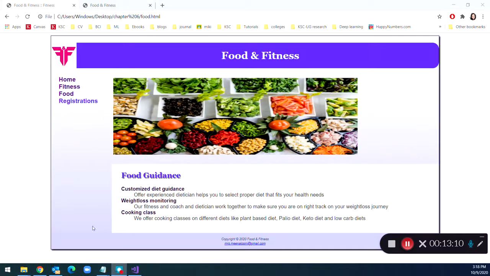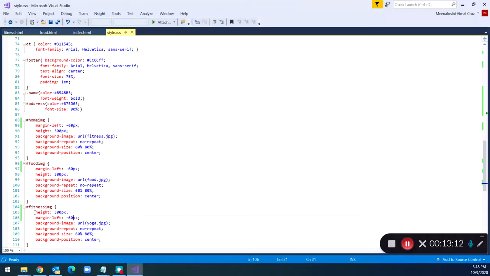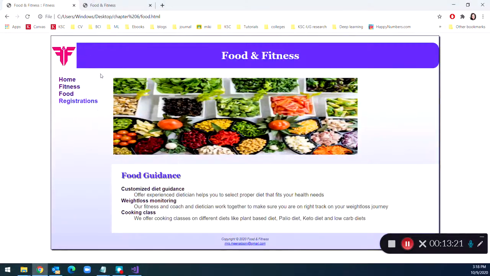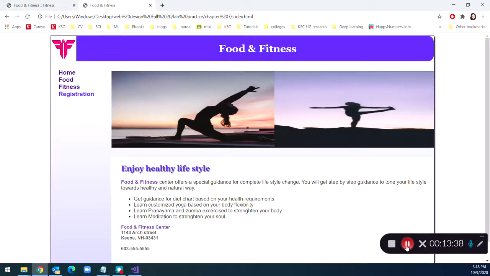Okay, so I have just changed the margin left property of each background image to -60 pixels so that it got aligned. So I tried each different values of margin left so that it got aligned here with this. Okay, so -60 worked for me, so the -60 got aligned with this main element selector. So you can see we are almost there. Okay, so we are somewhere,